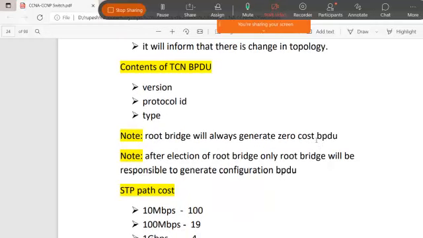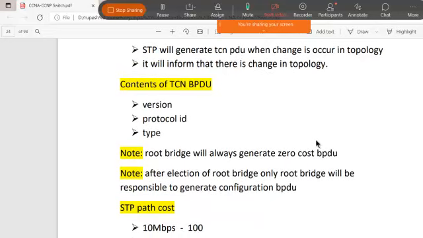Now, the root bridge ID, when the root bridge election is done, will always advertise a zero cost.